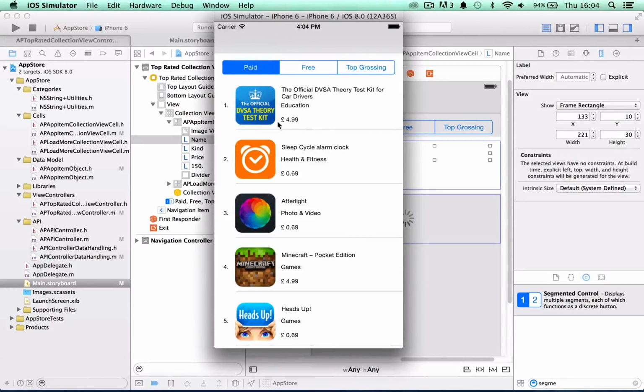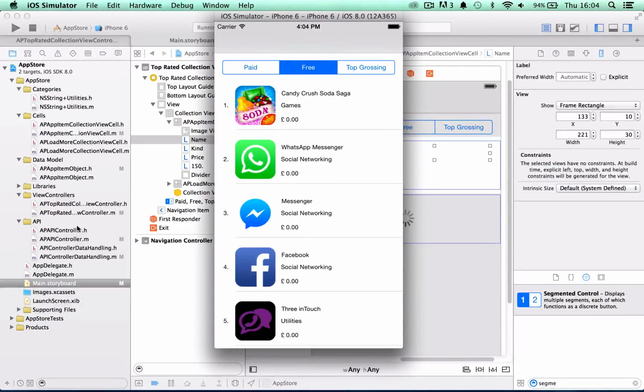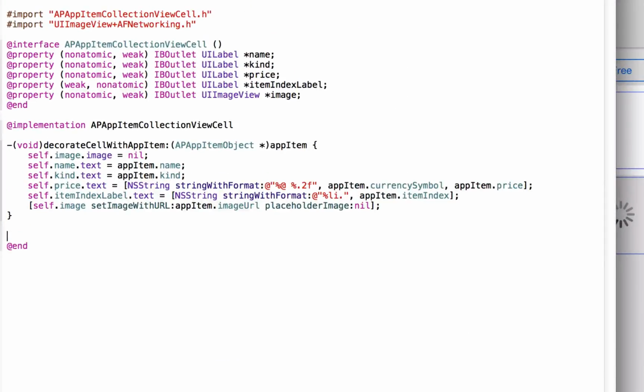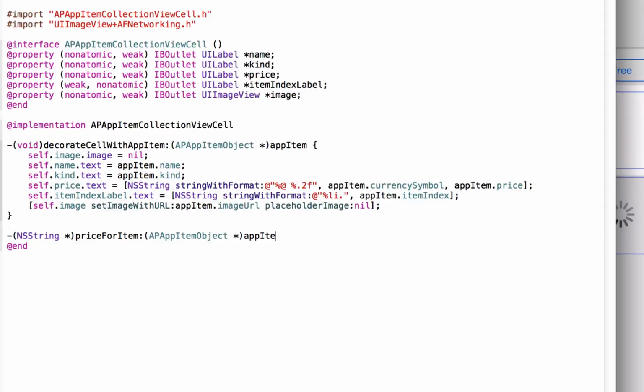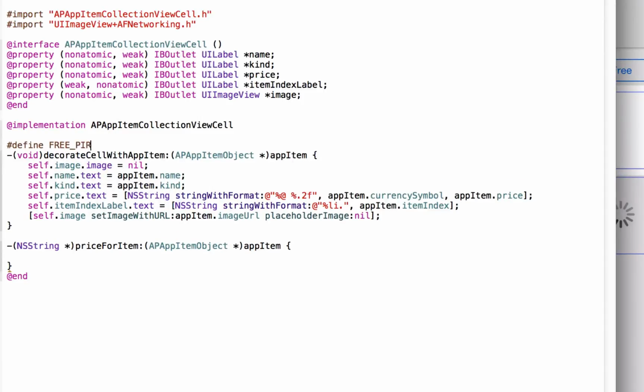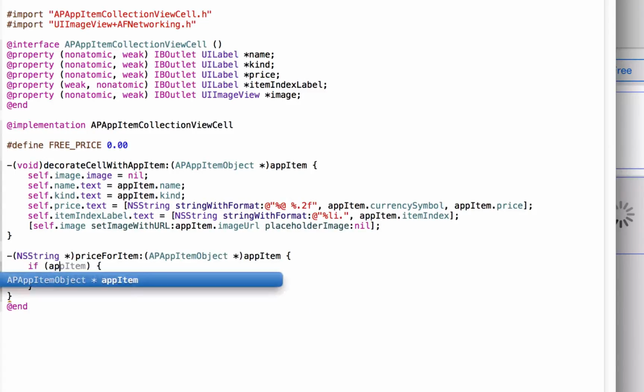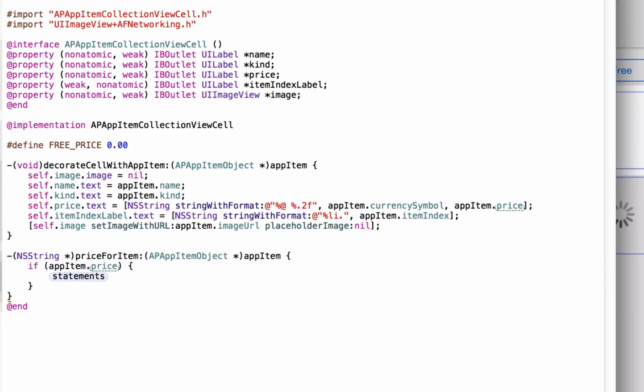One other little refactoring thing I want to do is the label. So these should all say free rather than 0.00. So let's go into our app item cell, and the return type is going to be a string, price for item, the app item object. Okay, so what we're going to do here now is define free price 0.00. If app item dot price, what I think was a string, equals free price